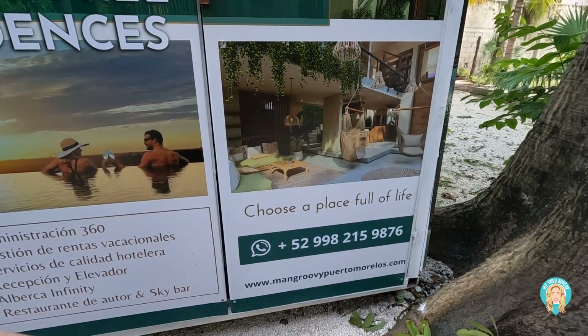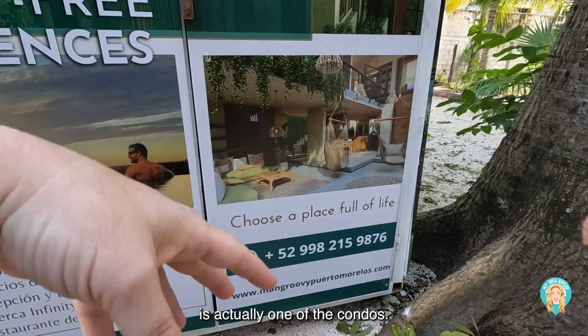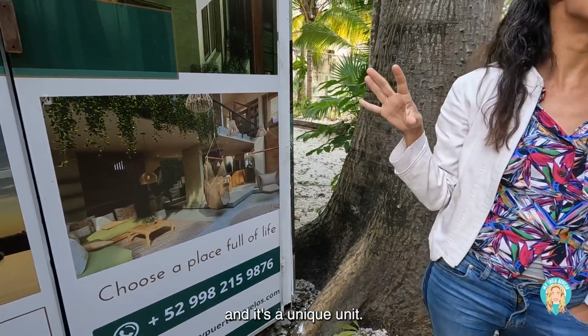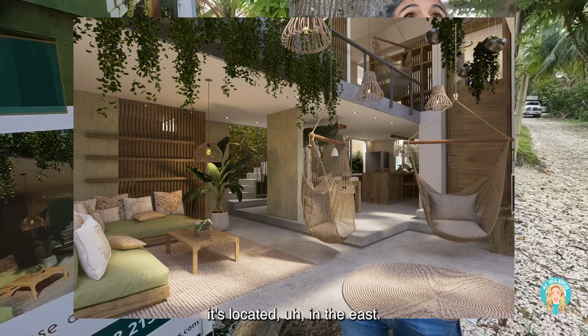It looks almost like a community space, but this is actually one of the condos. This is called the garden house. It's a ground floor unit, and it's a unique unit. It's the only one that has the double ceiling because it's located in the...